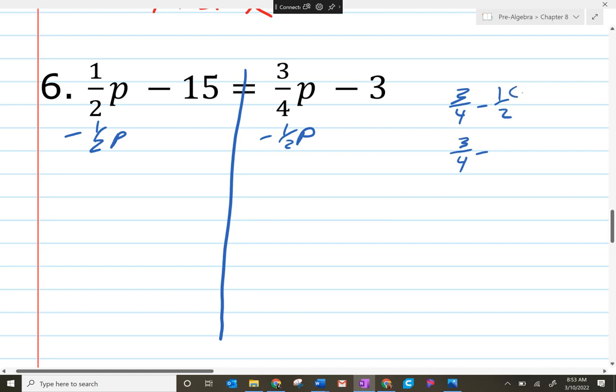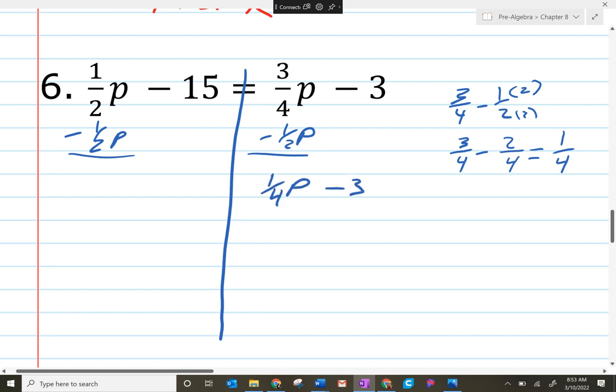For this 1/2, I can multiply the top and the bottom by the exact same number, and I get 3/4 minus 2/4. If I do it that way, I get 1 over 4 is my answer. So that 3/4 p minus 1/2 p, I'm going to put a little line right there, I get 1/4